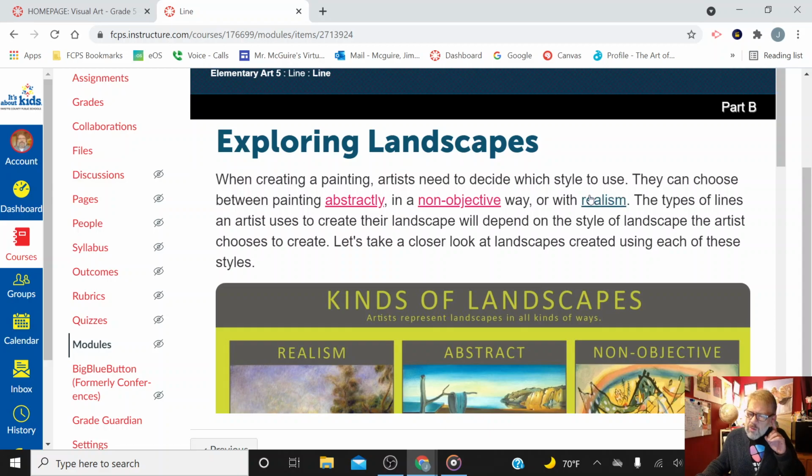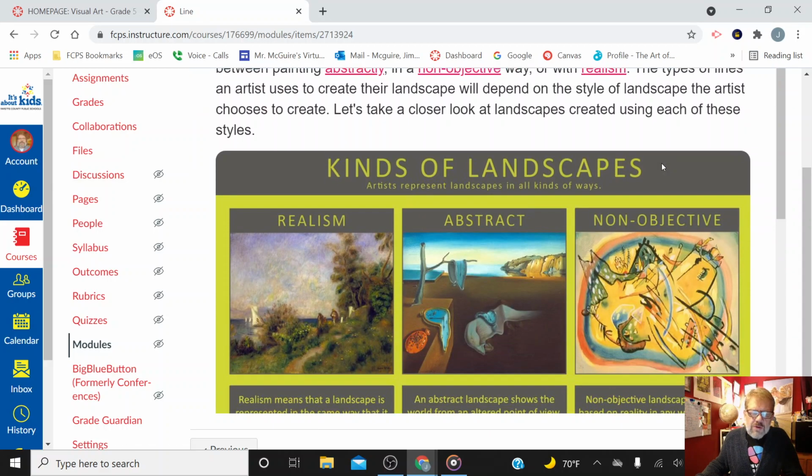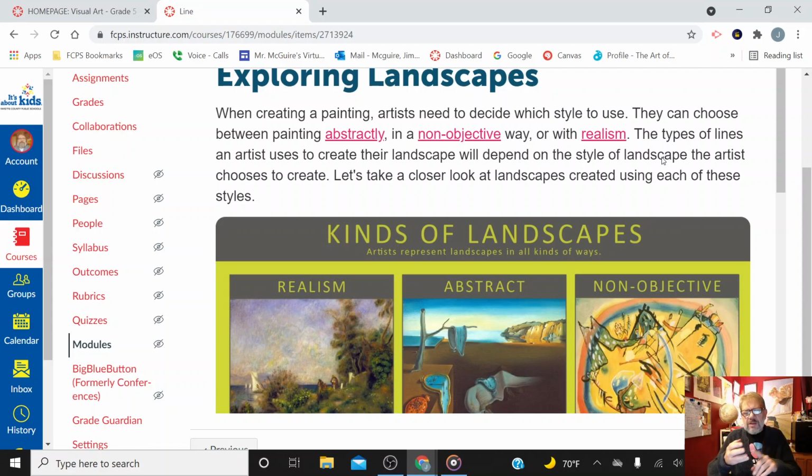We're going to stop here today, and we'll talk more about those three different types of art a little on Thursday, and a little more when we start doing our actual painting. But just understand that when we talk about realism, abstract, and non-objective, as you think about what you want to do in your landscape,